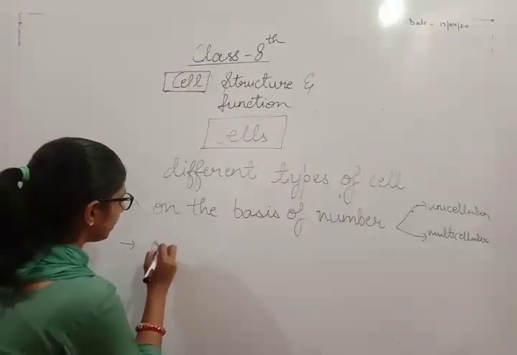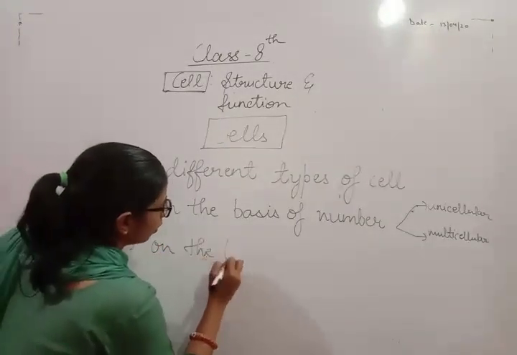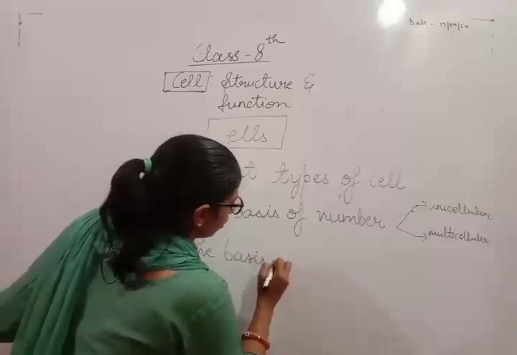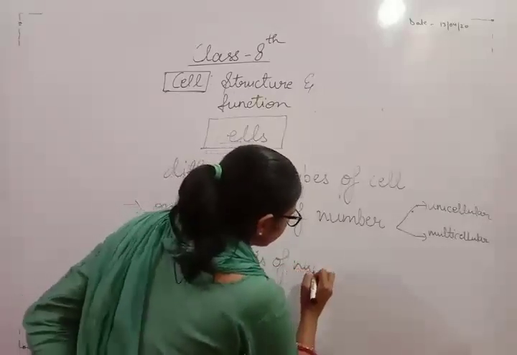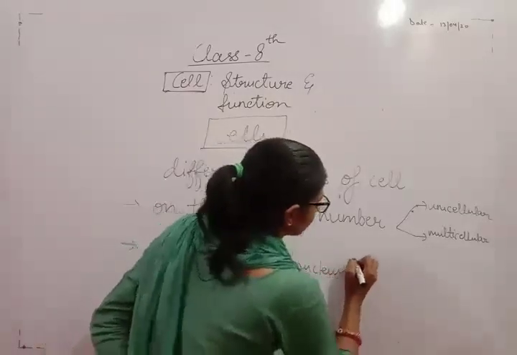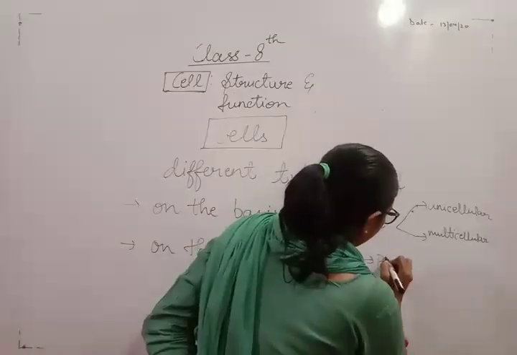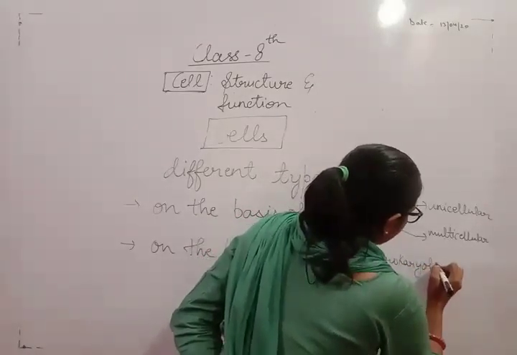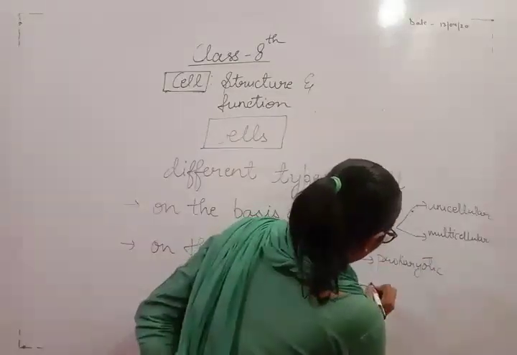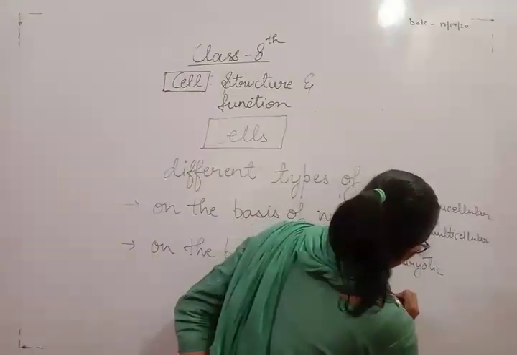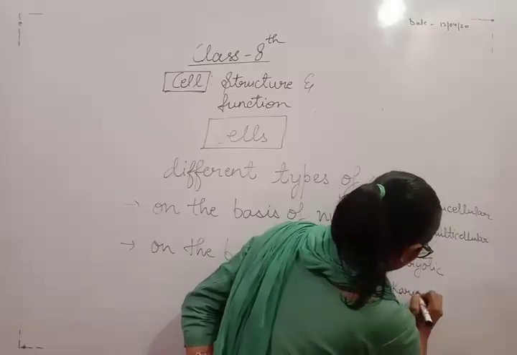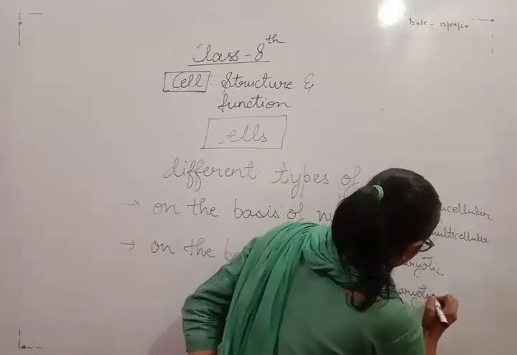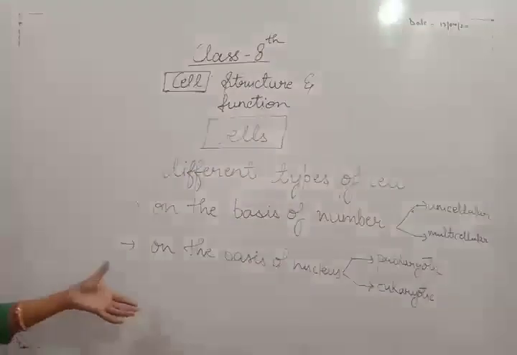Next, on the basis of nucleus, we have seen that cells are further of two types: prokaryotic and eukaryotic. Okay,